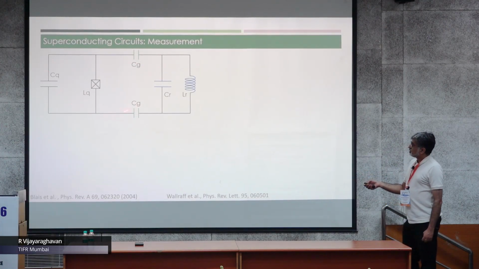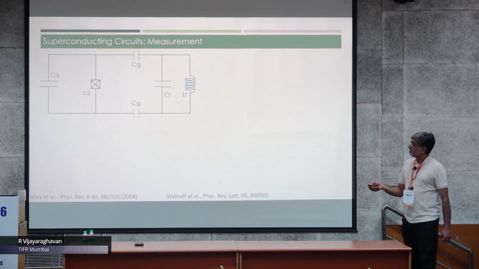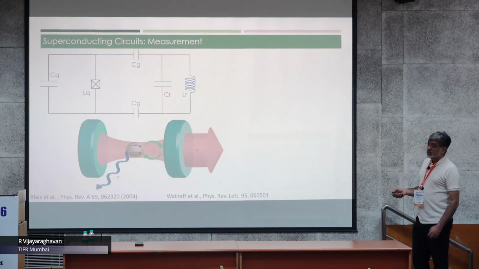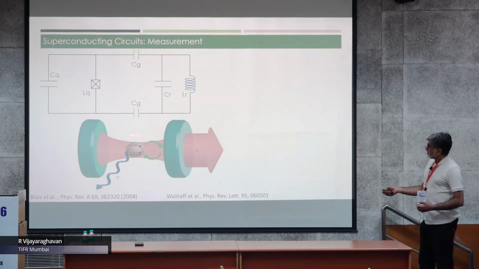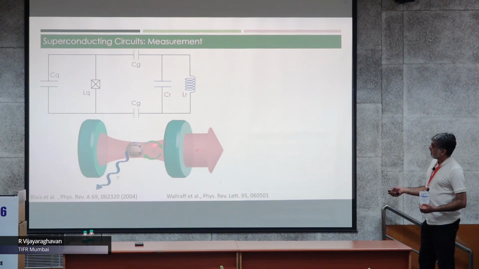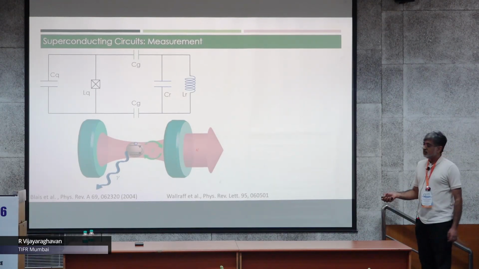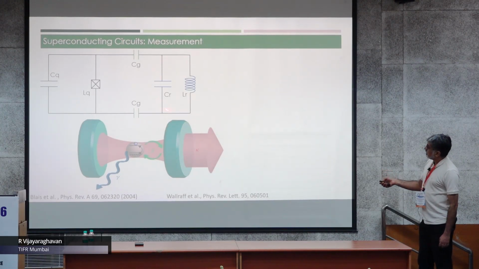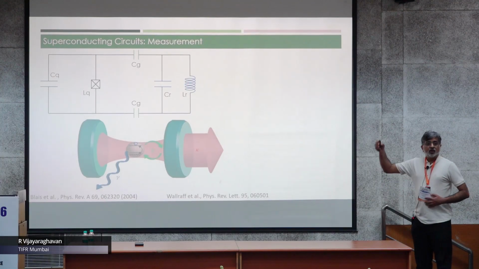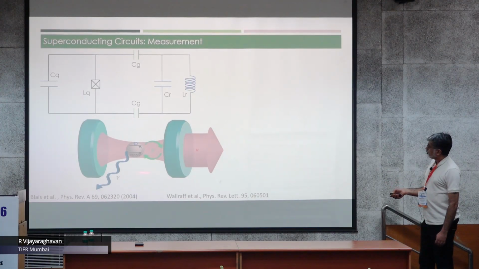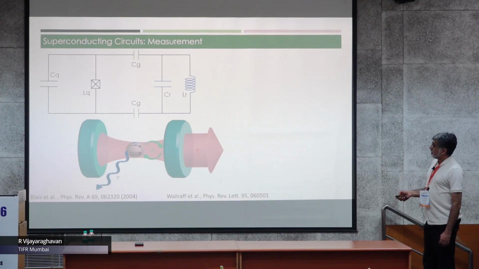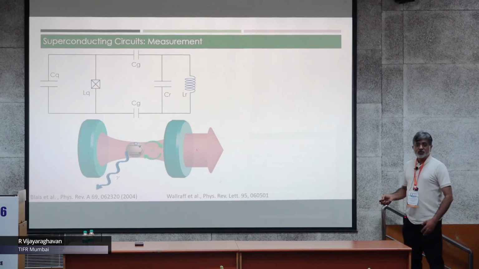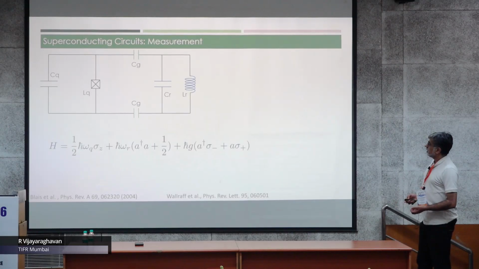And this interaction of a nonlinear multi-level system or a two-level system with a linear harmonic oscillator is similar to the cavity QED physics of a two-level atom interacting with light trapped inside a Fabry-Perot cavity. So the Fabry-Perot cavity is like your linear LC oscillator giving you a harmonic mode, and then your atom is like the superconducting qubit. And the interaction between these two is described by the famous Jaynes-Cummings Hamiltonian in this, which